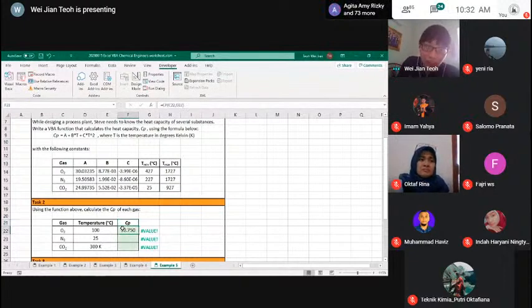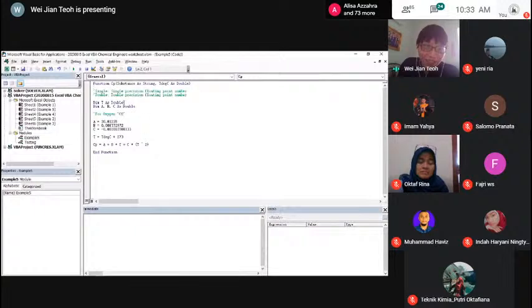As long as you have the constants and the equation, you can do a lot of functions that you can think of. What you can think of, you can do it. And even in thermodynamics also. So we have developed the first one for O2. If I try to drag this, it will also calculate the Cp for O2 because I haven't changed it. In this case, only O2 is defined.